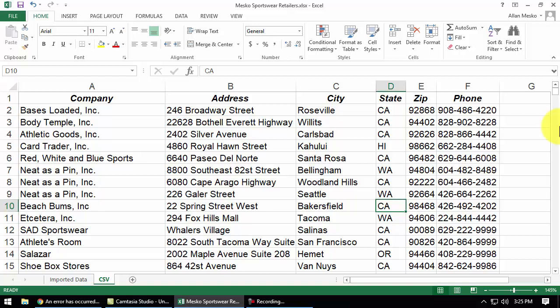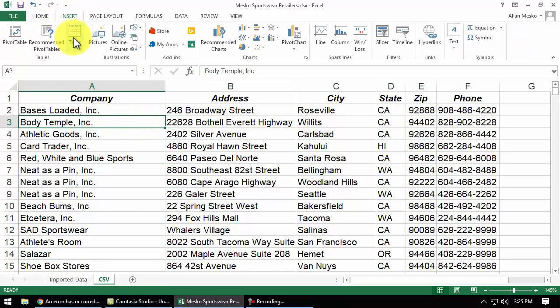Number 9 says change the data in the worksheet to an Excel table. A table, as you recall, does some things for us automatically. It does a lot of very nice things. One of the major disadvantages of a table is you cannot do subtotals when the data is in a table. You have to convert it back to an ordinary range. But we're not going to be doing subtotals. So to turn this into a table, we insert table,